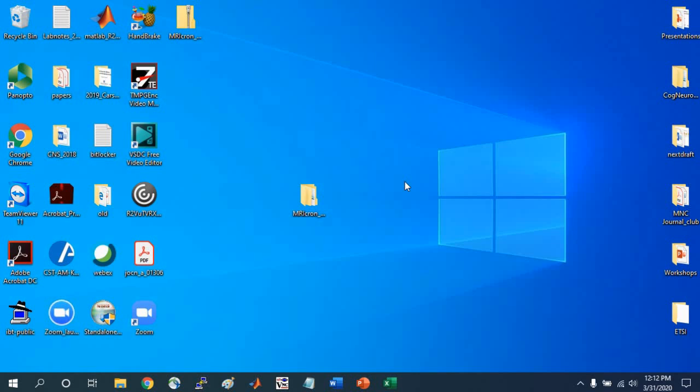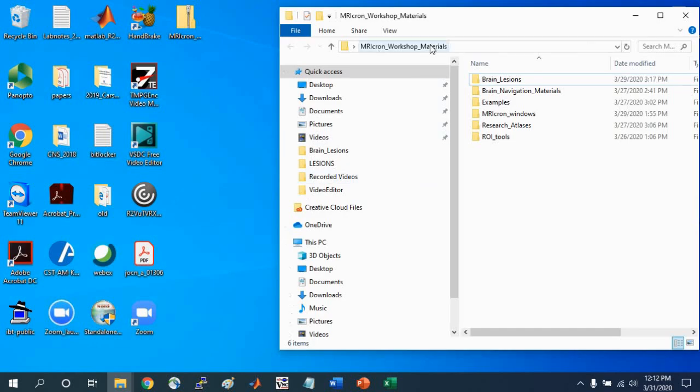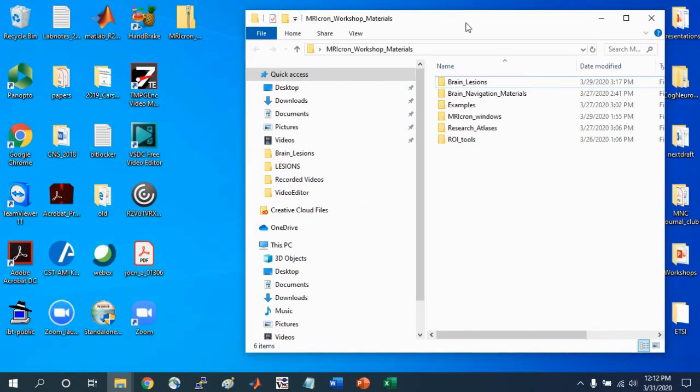This is part 2 of the lesion drawing tutorial. Hopefully you've taken a look at part 1, and also hopefully you've downloaded the MRIcron workshop materials. First we're going to go into that folder, see the link in the description for how to download it, and